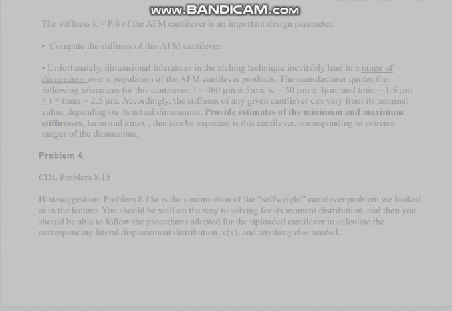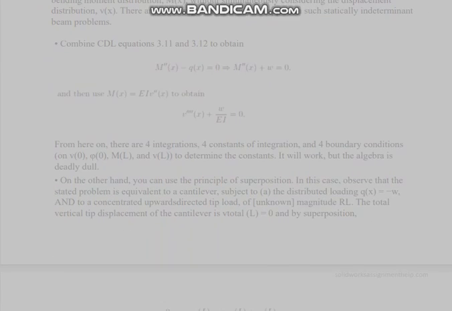Problem 8.15b is statically indeterminate, meaning that there is no direct way to evaluate its bending moment distribution M of x without